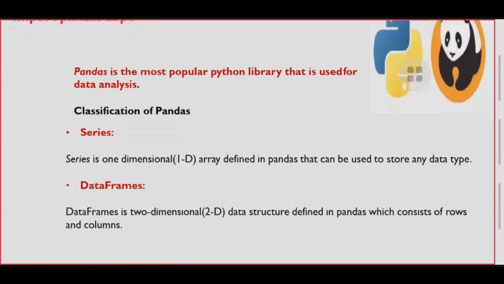Yesterday we saw that in pandas we will use two things: series and data frame. Series is for a one-dimensional array. Then data frame is two-dimensional, which is rows and columns. But in series we use only one. We give the index, as we saw yesterday, but for data frame it will be auto generated. In series we can give discontinuous data, but in data frame it will be generated continuously.